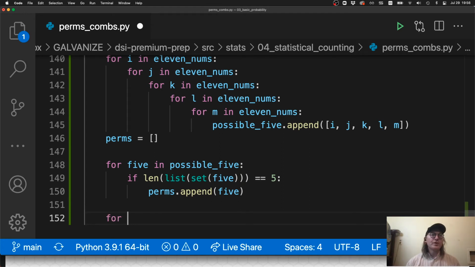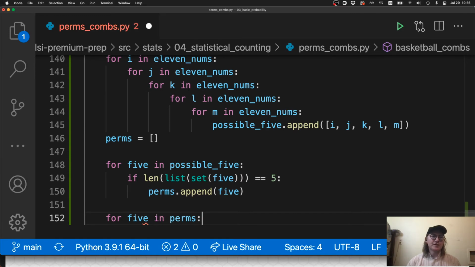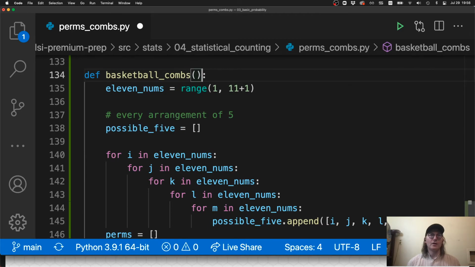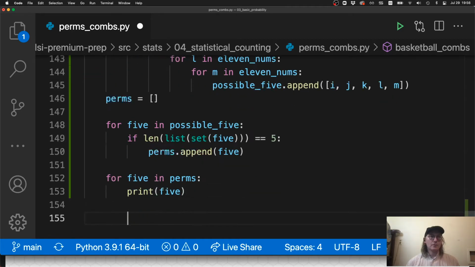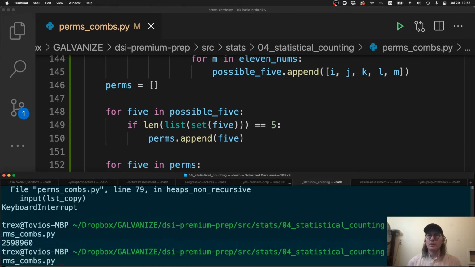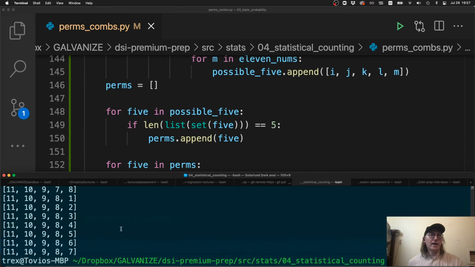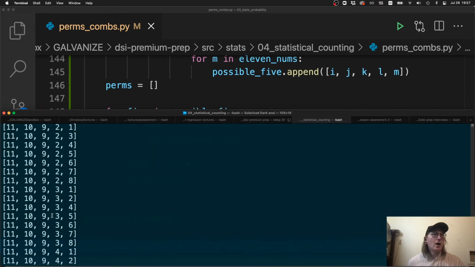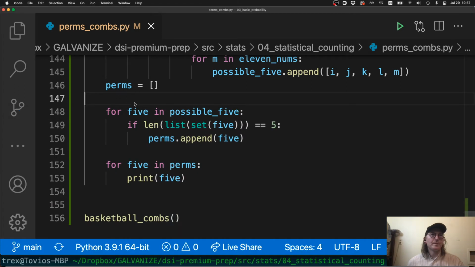So I will print this out. Let's look at our permutations. Let's print those 5. And I'll just go ahead and run this. And here are all of our permutations. How many are there? I think there's a lot. There's a fair amount. Okay. So from here